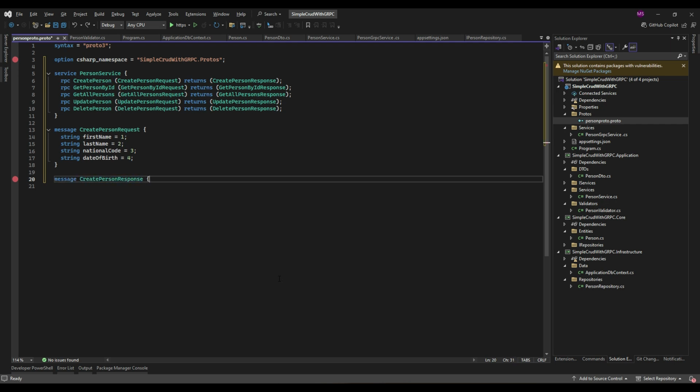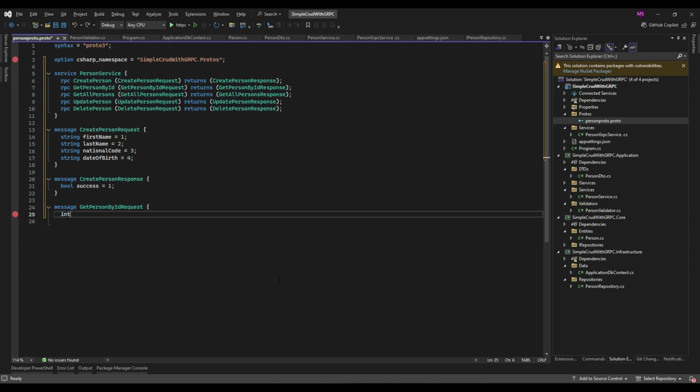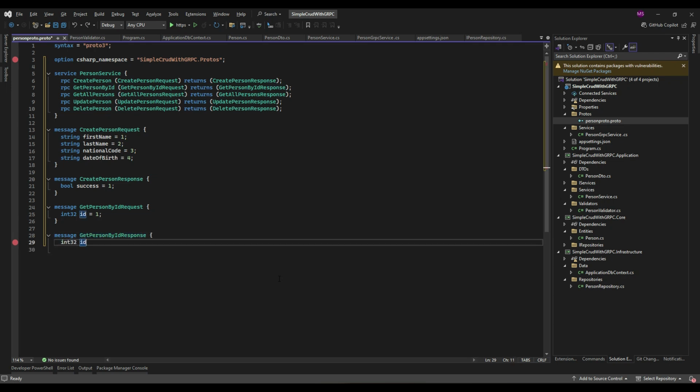This contains a single field, success, of type bool, which indicates whether the operation succeeded. After that, GetPersonByIdRequest. This contains the ID of the person to retrieve, and then GetPersonByIdResponse. This contains all the details of the person, similar to the fields in the CreatePersonRequest.